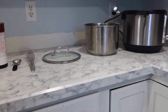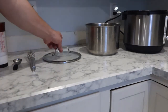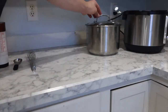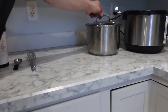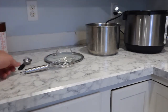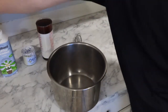Alright, very few utensils besides your Instapot. Of course, the pot. You're not going to use the Instapot lid. You're going to find just a glass lid that fits over top of it, nice and tight. And this is nice and heavy. Just going to sit over top of it. Should fit that pot. A whisk, and of course a tablespoon for the yogurt. That's it. All right, to make your life a lot easier, take your milk